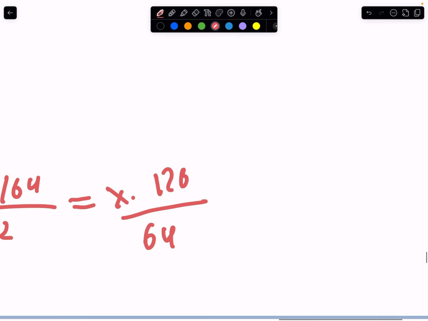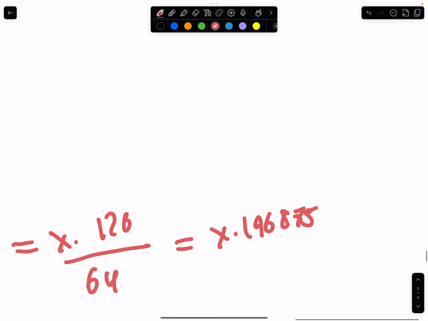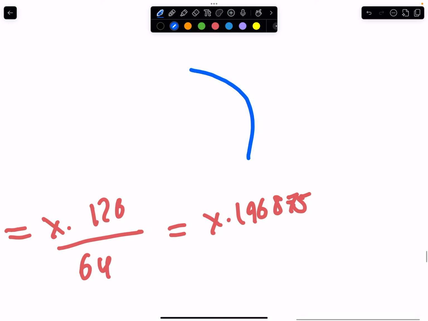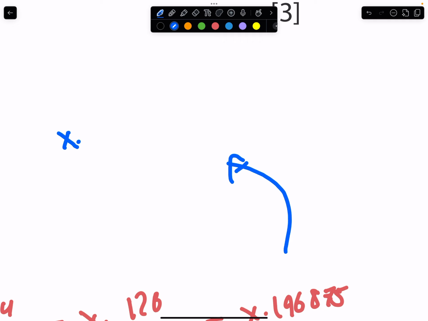It will give us x times 1.96875. Now we could solve. We bring this equation over here: x times 1.96875